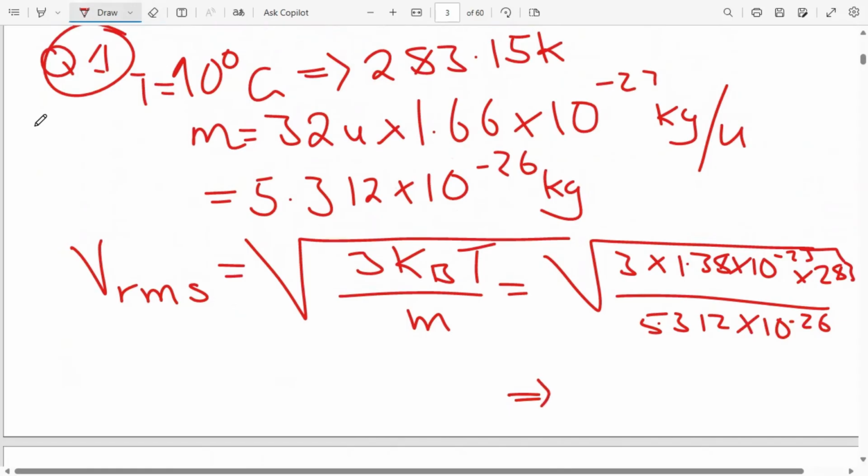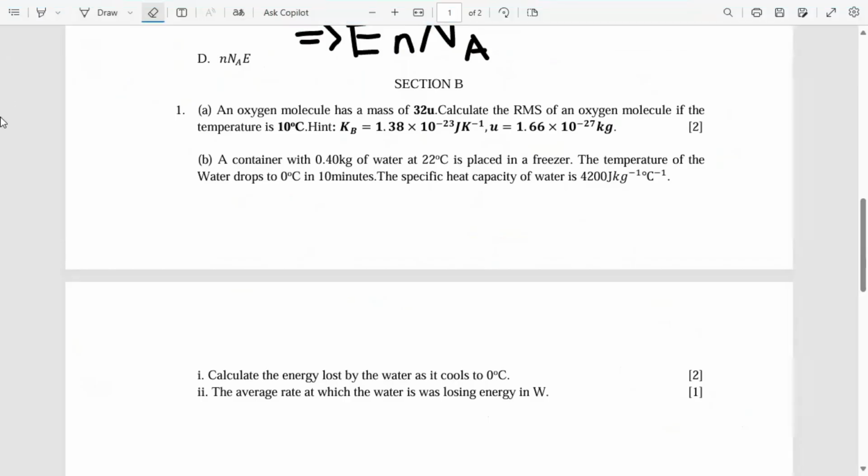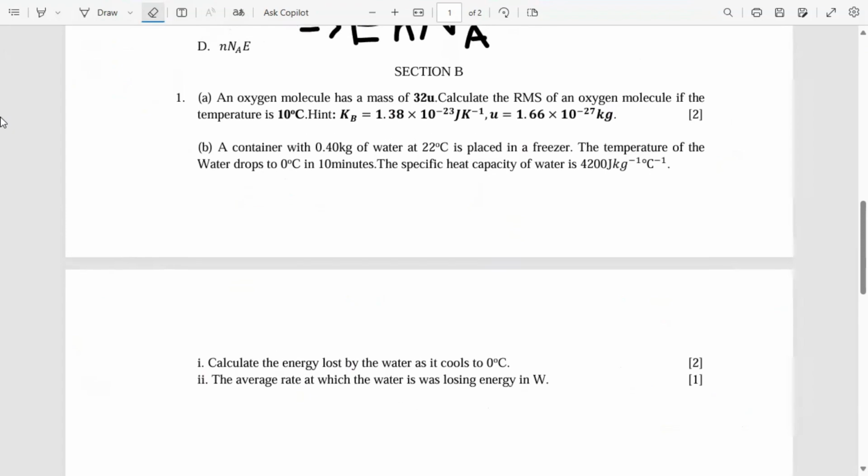If I plug this the way it is into my calculator, I'm getting the velocity as 469 meters per second. 469 meters per second is our root mean square speed, and thus we've calculated the root mean square speed as expected in question 1. Then question 2 is saying